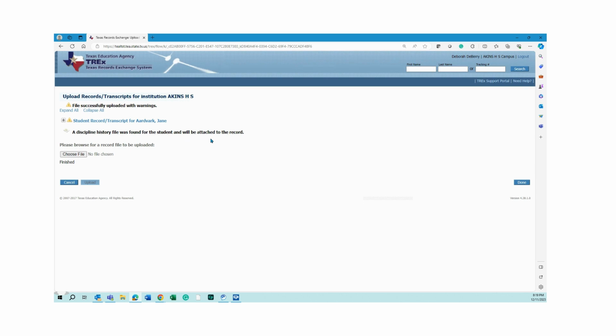This indicates that the TREx application searched prior year PEMS data in main PRD and found discipline records that match Jane's unique ID number. A CSV file was created with these discipline records and has been loaded into TREx. Wow, that's pretty cool. Let's click Done and see what this looks like.